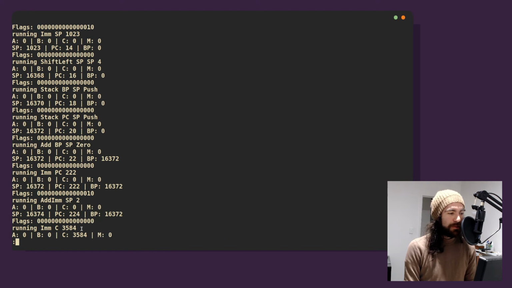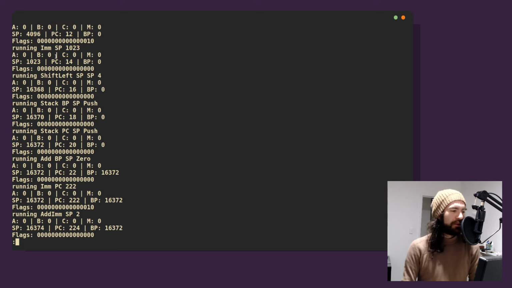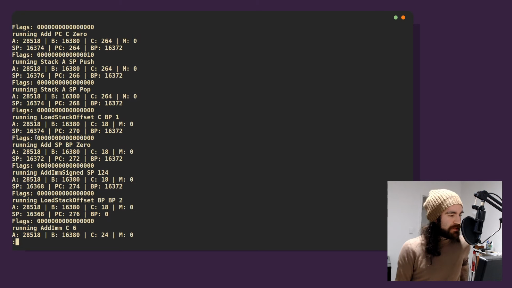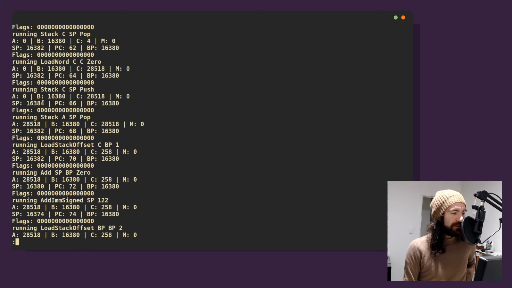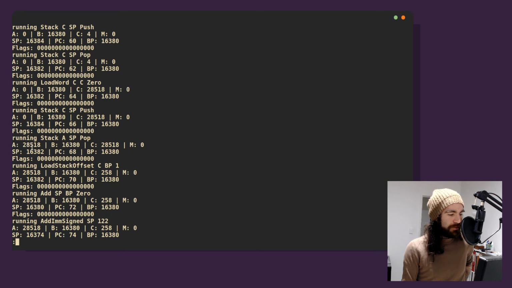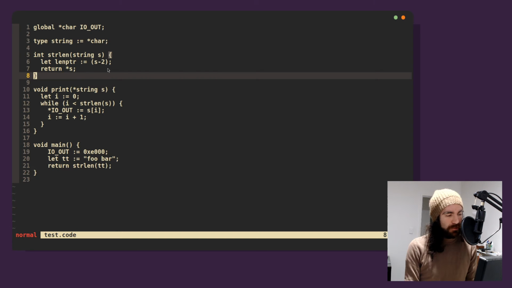Let's look at what my machine's doing. Let's work backwards and see if we can work out where this garbage value appears. Where does A get polluted? We pop from A. We push from C, so it's whatever's in C. C push load word C. So we're loading from address 4. Why would we be loading from address 4?